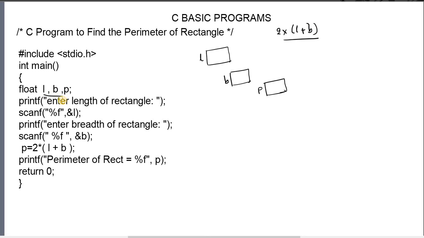Here we have declared three variables, L, B, P. The third variable P will store the perimeter. This variable type is float. So here three variables are there, so we will get 3 locations. Each location size is 4 because this variable type is float. Each variable takes 4 bytes of memory and each variable can store one float value.